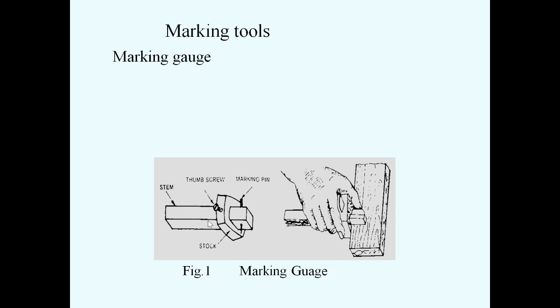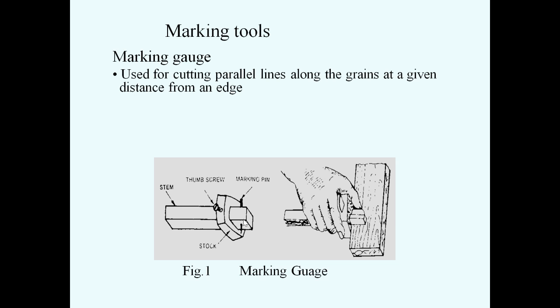This marking gauge consists of a stock. This part is called stock, and this will be the stem and the thumb screw, and this black color is called marking pin. Marking gauge is used for cutting parallel lines along the grains at a given distance